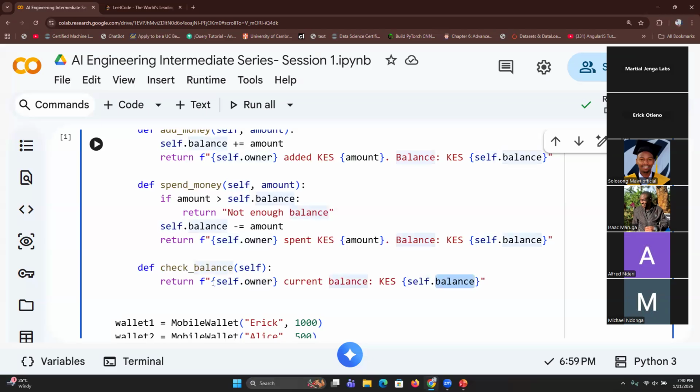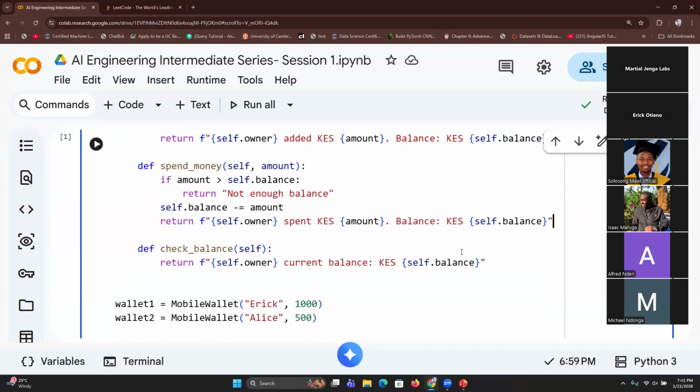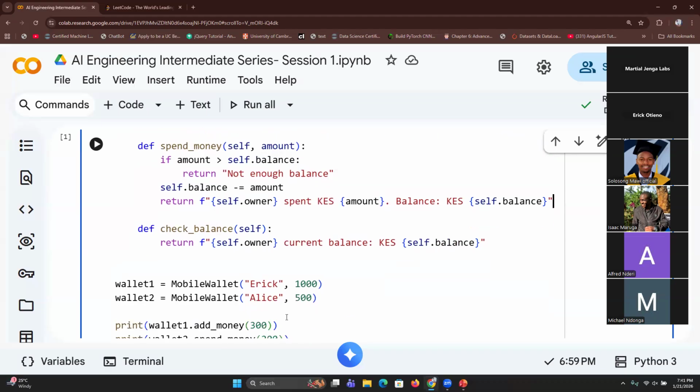I hope you've seen how object-oriented programming makes it easier, now to build AI applications using object-oriented programming. We are going now to reduce the complexities within those applications. Yeah, so if I decide to check my balance,